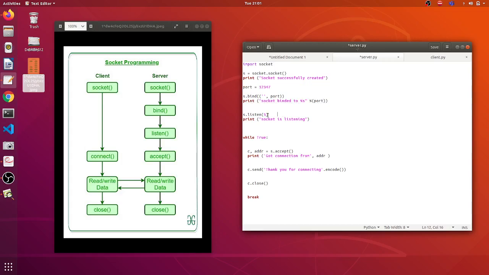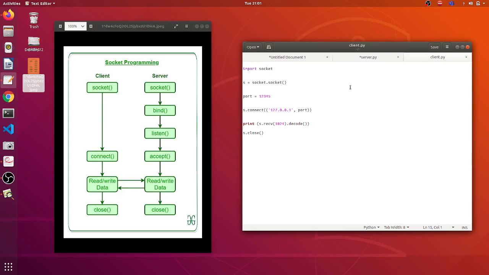Then we are listening for 5 seconds. So the server starts listening, that is, it keeps looking for connection requests, and we are printing "socket is listening". At this particular time, we will move on to the client, and in the client we've already